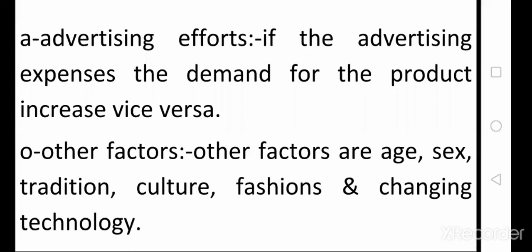The company chooses different types of advertising efforts, such as TV channels, newspapers, and announcements. These give information to the public that some product is available in the market, that it contains different features, what the use of that particular product is, and how this product fulfills the needs of the customer. That type of awareness is given to the public with the help of advertisements, through different channels like radio, television, newspapers, and announcements.